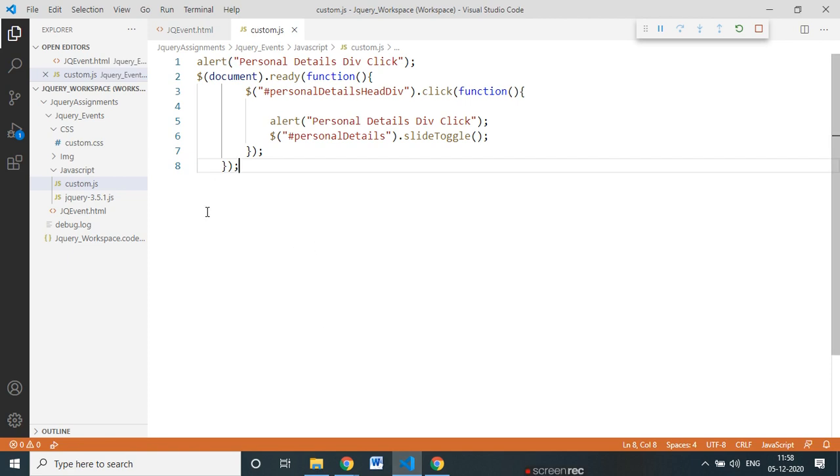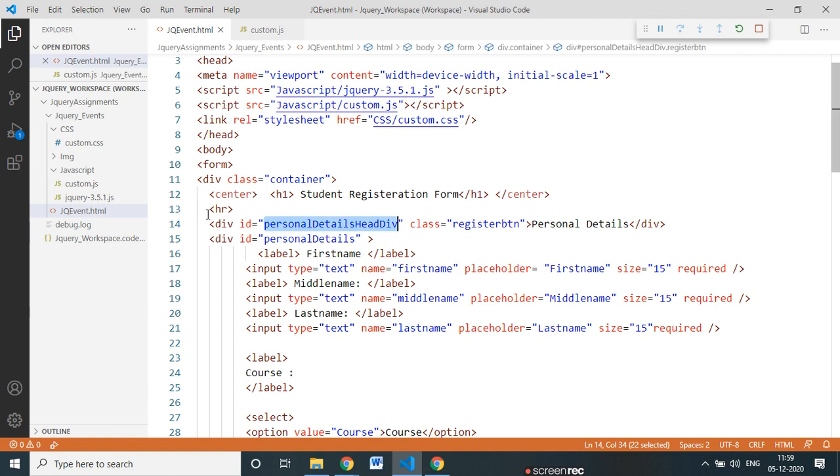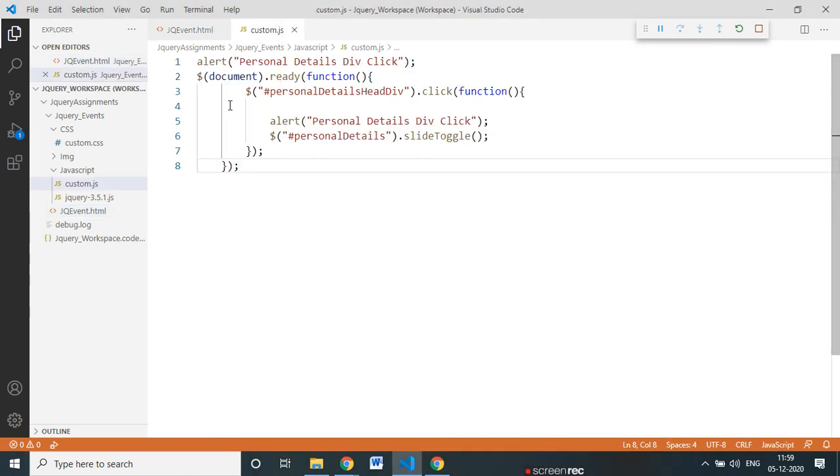Now here you can see when I add this document.ready function, then only it will start working. It means when the HTML is loaded, it checks that yes, there is jQuery, there is JavaScript. It loads the jQuery, then it will start loading the JavaScript. What this line is saying is first load the document, then again it will come back.